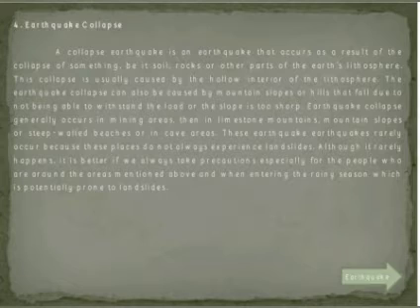The collapse earthquake can also be caused by mountain slopes or hills that fall due to not being able to withstand the load or the slope is too sharp. Collapse earthquakes generally occur in mining areas, then in limestone mountains, mountain slopes or steep walled beaches, or in cave areas. These earthquakes rarely occur because these places do not always experience landslides.